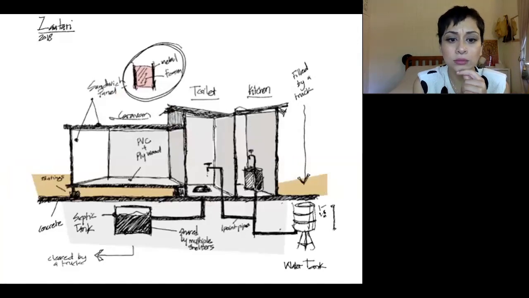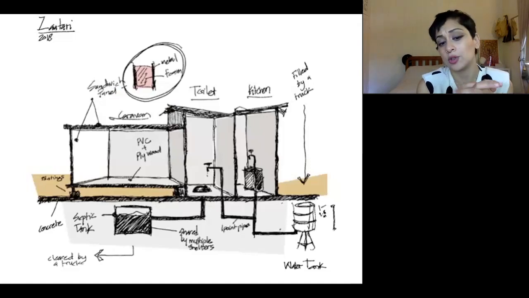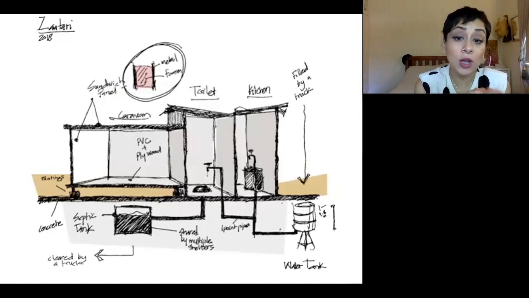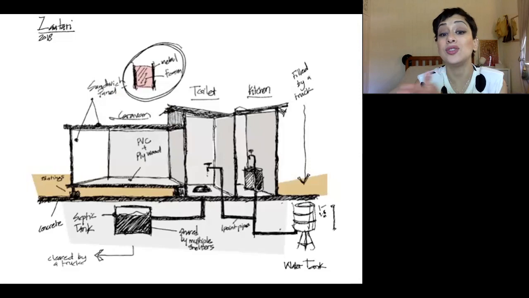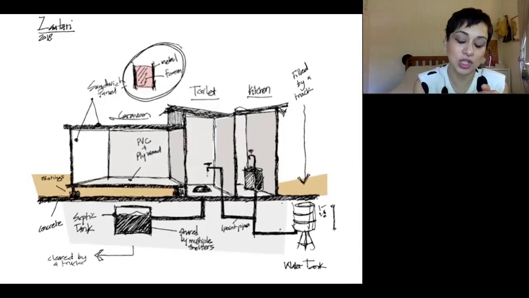There are around 4,000 private toilets in Zatari camp that do not comply with the minimum hygiene standards. One of the reasons is simply that there's not enough water to keep those toilets clean, because each person in Zatari consumes 35 liters per day, in 2017, compared to 60 liters per day for each person in Jordan. So the portion used for sanitation is usually not clean.